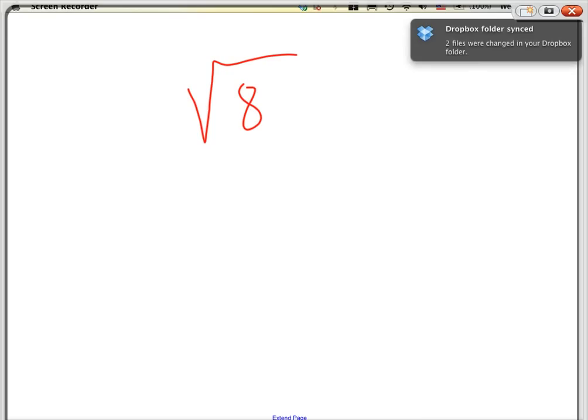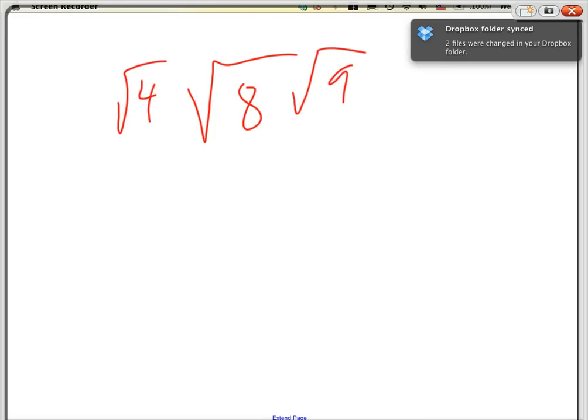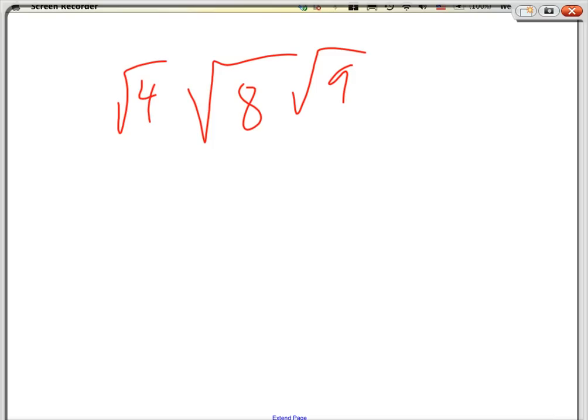However, if I ask you to estimate that number, we can. All you have to do is find two perfect square numbers, one right after the 8 and one right before the 8. 4 and 9. You see it? I know you said 2 and 3, but those are not the perfect square numbers yet. You have to square them first. That's the main difference. For a perfect square number, you have to take a number and square it. So 8 is in between 4 and 9.